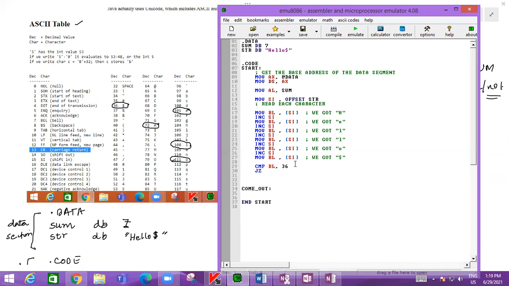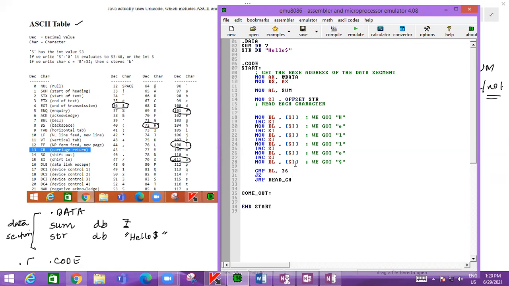So jump to go back to read character. Somewhere here we'll write read character. Okay, so this is where you have to keep looping.